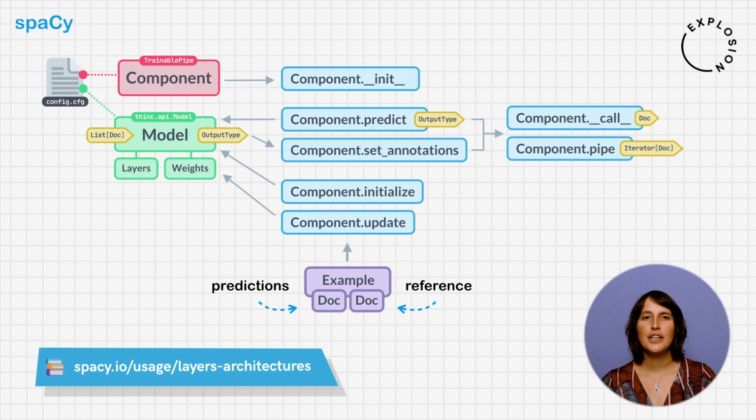Once the model is trained, the predict method will produce predictions. This method typically delegates to the internal machine learning model and returns the predicted scores. If you want to store the results in the document, the function setAnnotations should be called right after. In fact, the call method does exactly that. It produces the predictions with predict, then calls setAnnotations to store them. To speed up processing of a larger set of documents, TrainablePipe has a standard implementation of a pipe method that processes the documents in batches. This method also delegates to predict and setAnnotations.